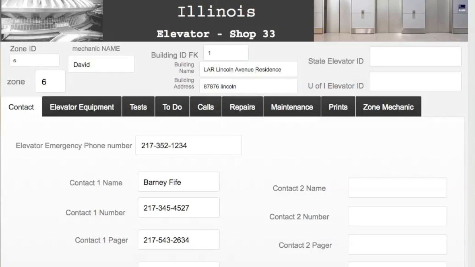Hi, this is David Youhas, elevator shop at the University of Illinois, Shop 33, and I've been working on a relational database for our elevator shop. The elevator shop is part of a pilot program where we're using iPads to save time at work and capture information. The advantage of a relational database over a spreadsheet, known as a flat file,